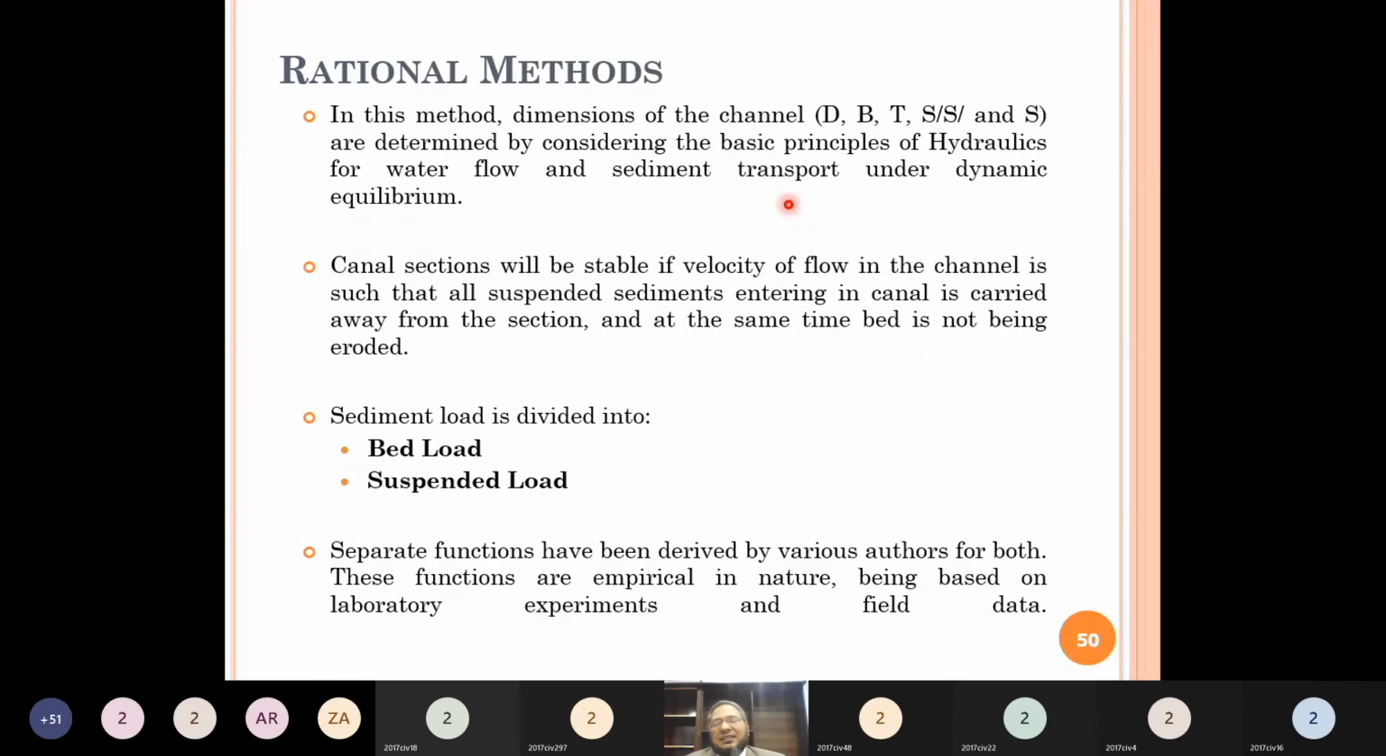This is quite different as compared to the regime method. Regime में क्या approach थी? If we have data of the regime channels, stable channels, and just develop the relationships between the depth of flow and discharge or velocity and so on, and the bottom width and the velocity etc., वो रिलेशन हम बना के उससे डिजाइन कर रहे थे, तो वो रिजीम मेथड था। रैशनल मेथड जो है प्योरली बाय कंसिडरिंग हाइड्रोलिक पैरामीटर्स।